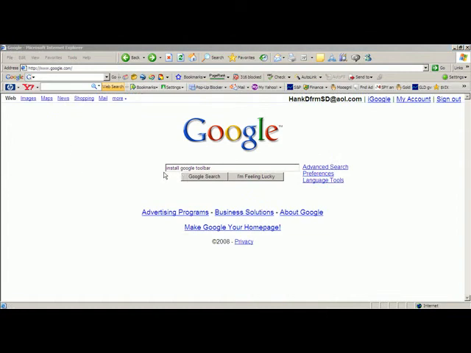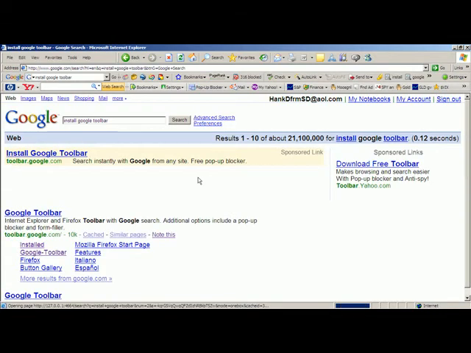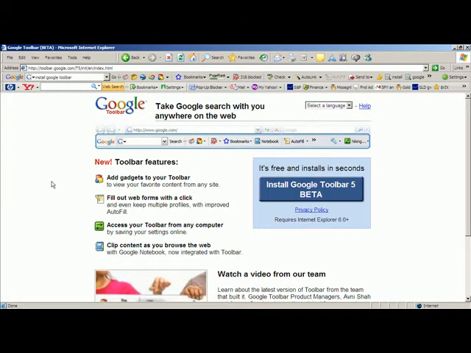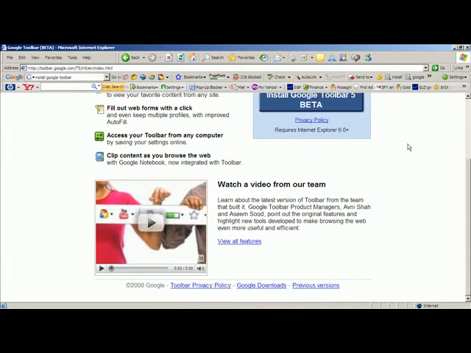Or you can type Install Google Toolbar when you get to the Google home page. And when you do a Google search, you will get the Google Toolbar. You'll probably get one that says Install it now. If you click here, it shows that it's already installed on my computer. But here is some more information about it. And once again, a link to install the Google Toolbar 5 Beta. But also